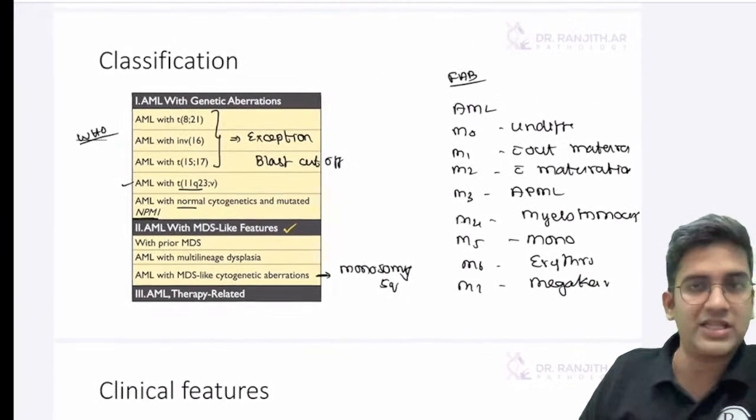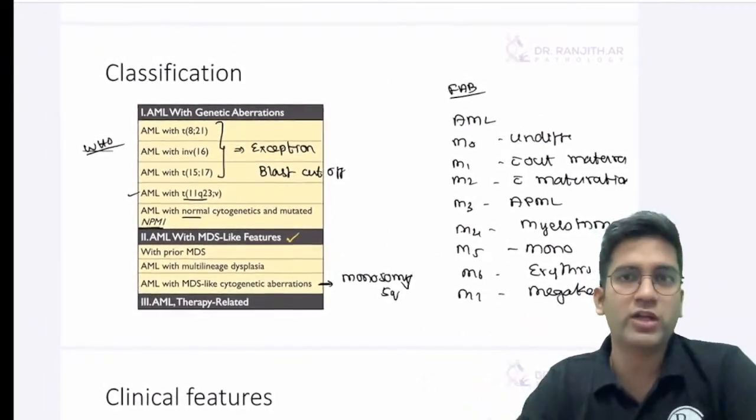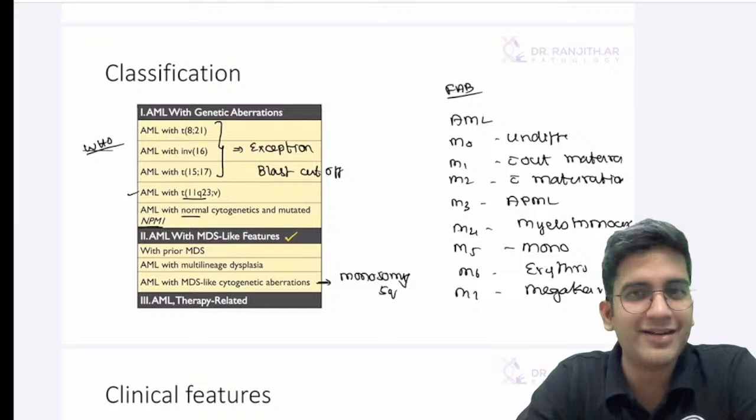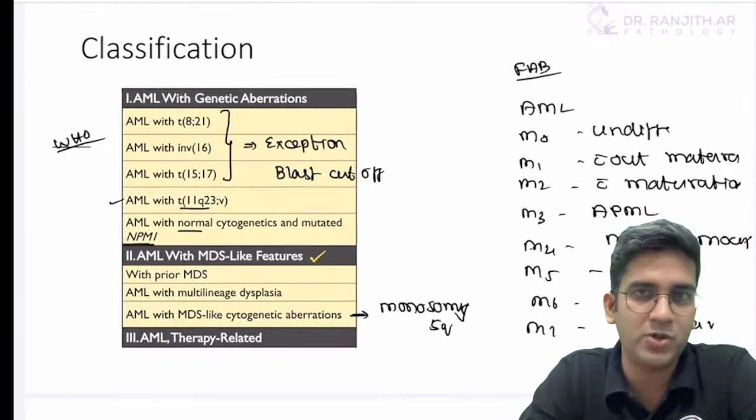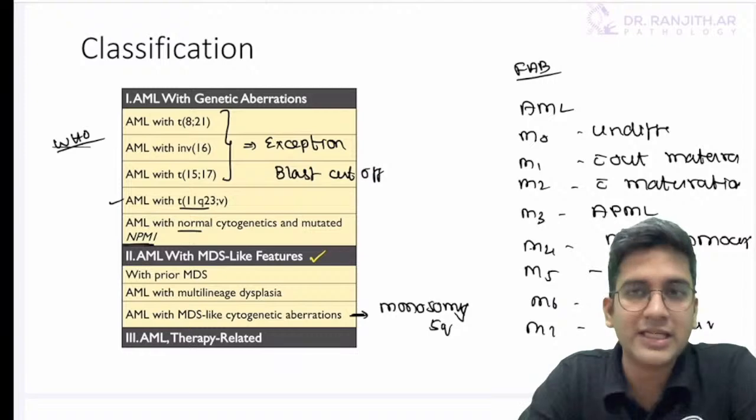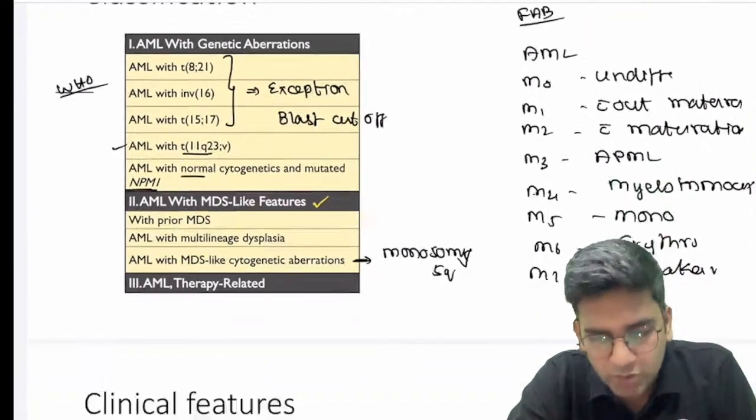So I have two different types of classification. WHO is more commonly used. FAB might be required in viva, or if you feel like it's very little to write in the exam, please write FAB also, fine. Clinical features, like I said in the start, clinical features of an acute myeloid leukemia are very